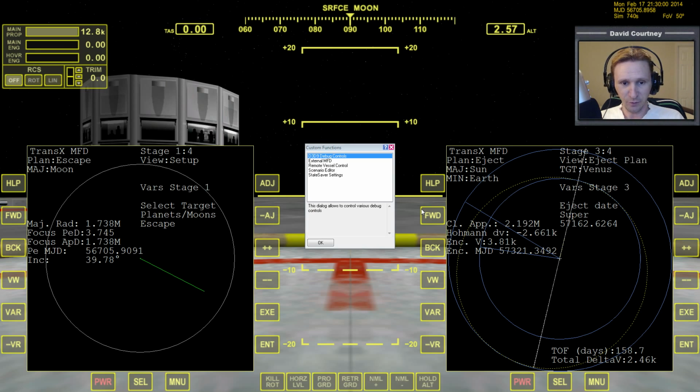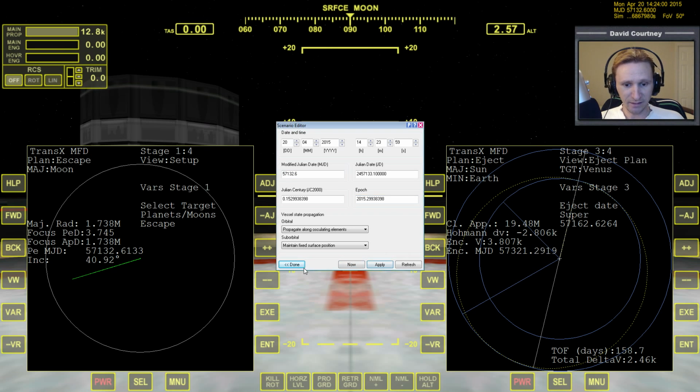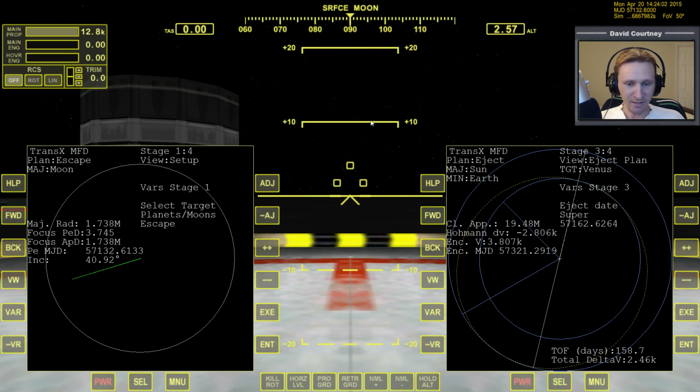But bring up the scenario editor and go to date and just put in the date that you have over there on the eject date, 571, and then minus 30 days, which would be 32. And then if you want, you can put in the decimal points. It doesn't matter. Apply, done, close. Actually, I should probably have left that open because we'll be playing around with the date editor a little bit more. We can see when we move that forward,